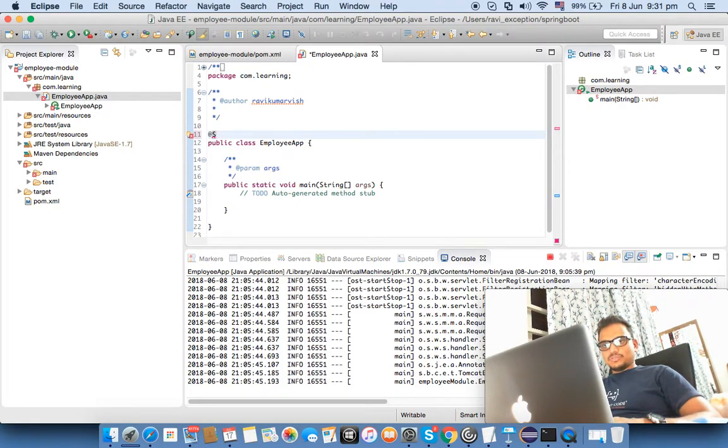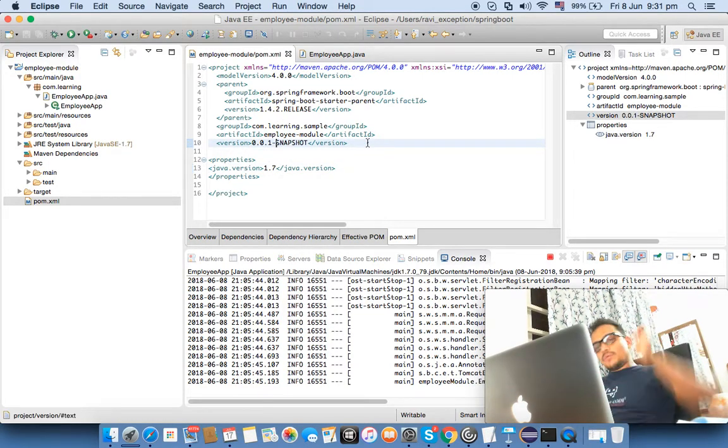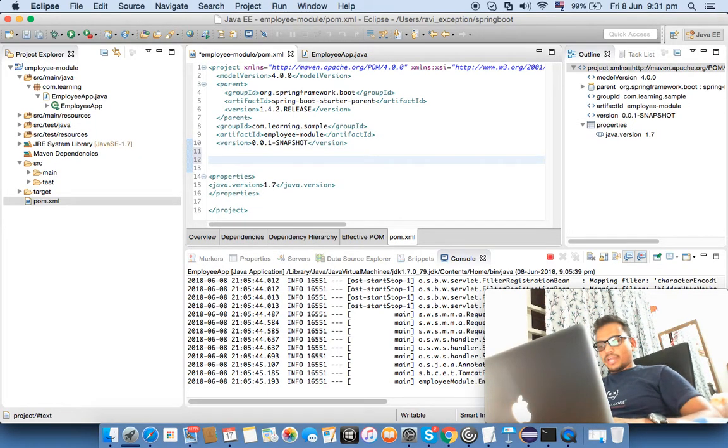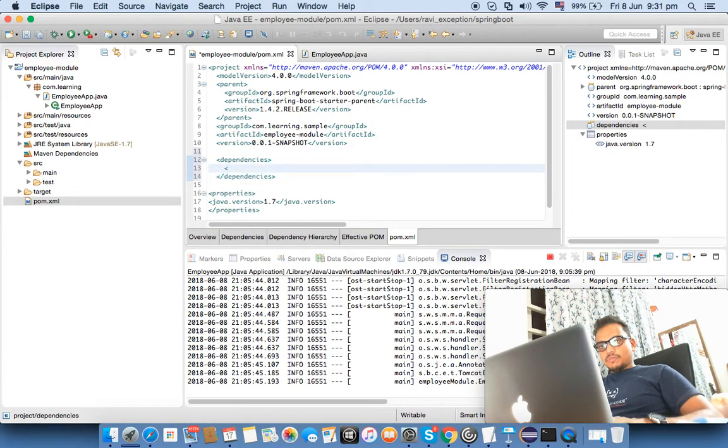Strange. I should not get this error. Oh, if you see, none of the dependencies are downloaded yet. There is some problem with my POM. Okay, yeah. So I have created one skeleton yet. There is no dependency mentioned yet. So what I have to do, I have to go in dependencies,